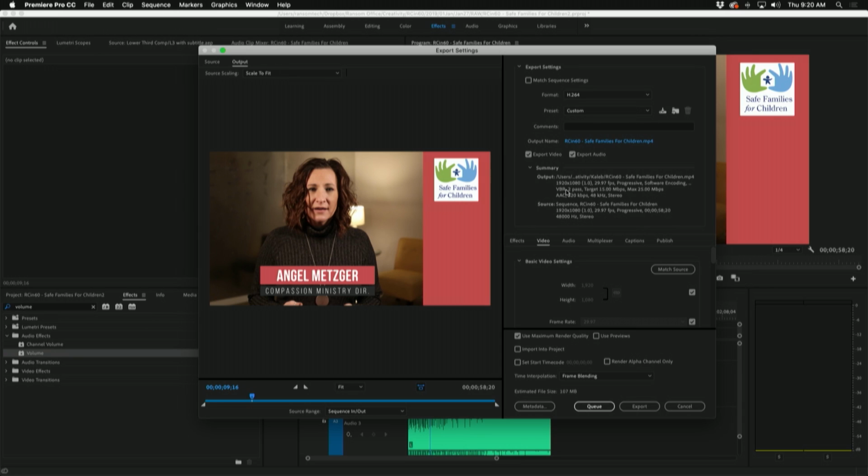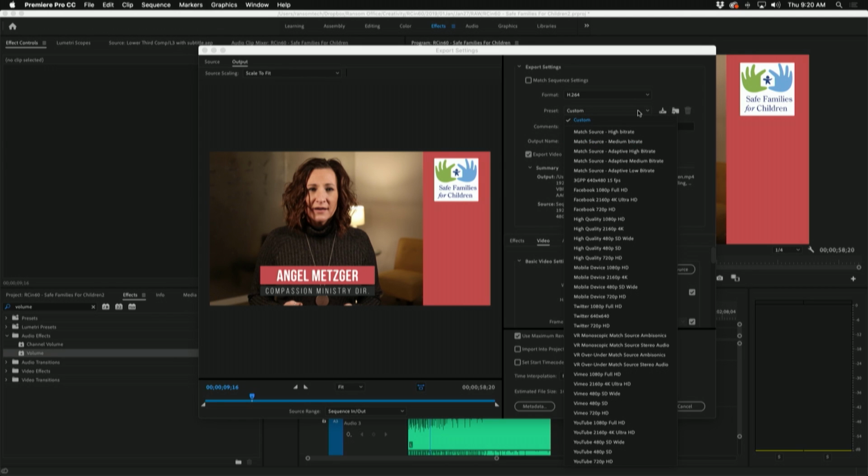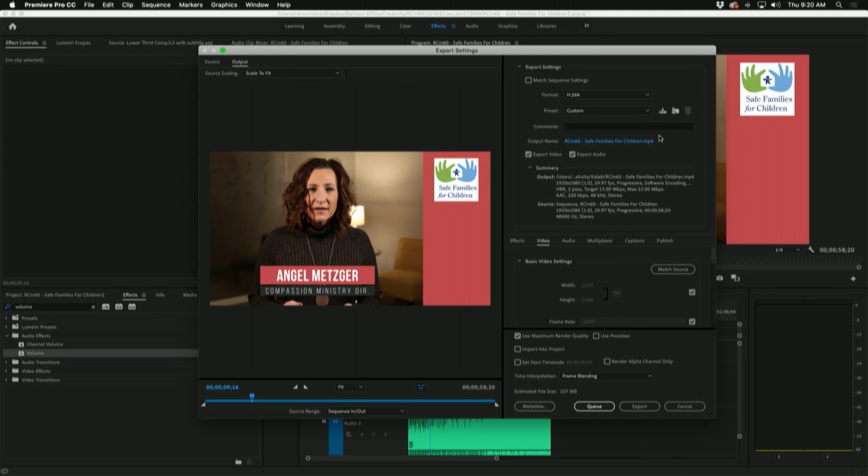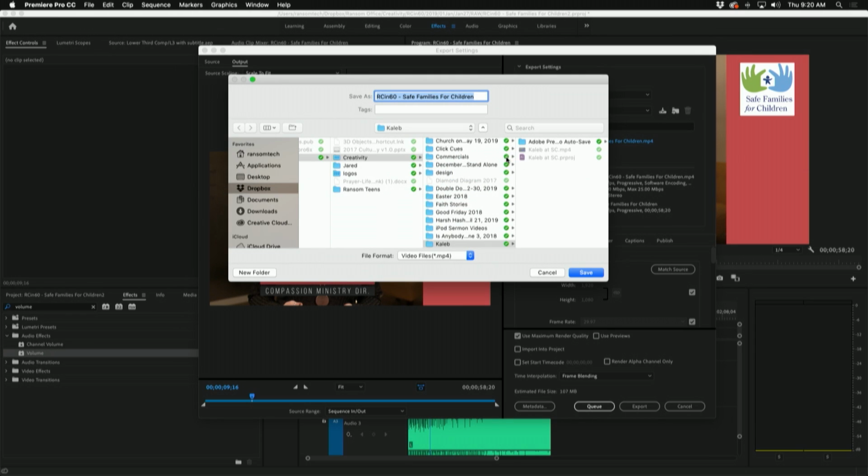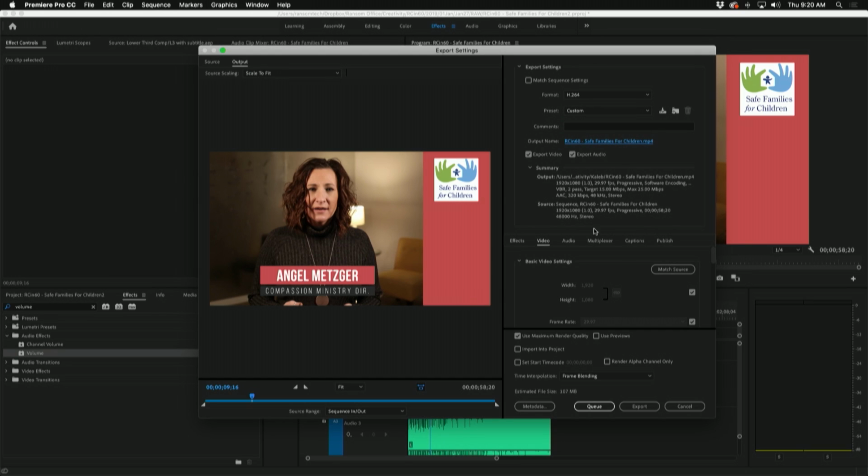time-consuming way where your computer just bogs down because it leaves Premiere open, which I'm not a huge fan of. Formats, H.264. I guess custom for this. You can click the output name. It should all be saved in here, as far as the settings themselves, but I'll walk you through it